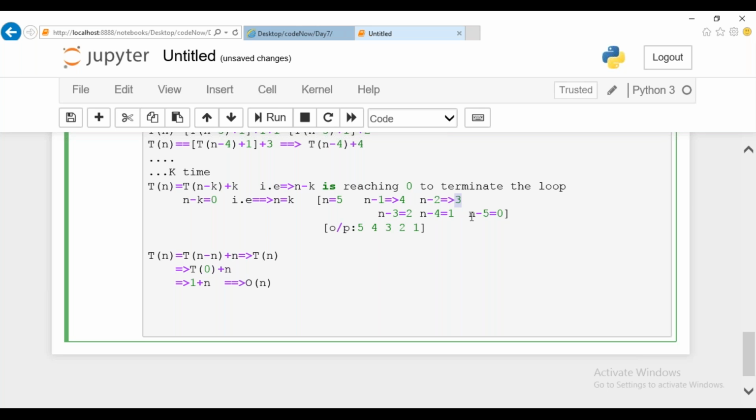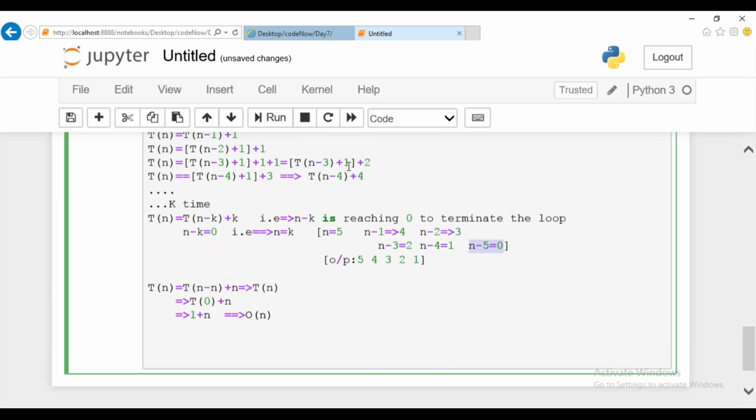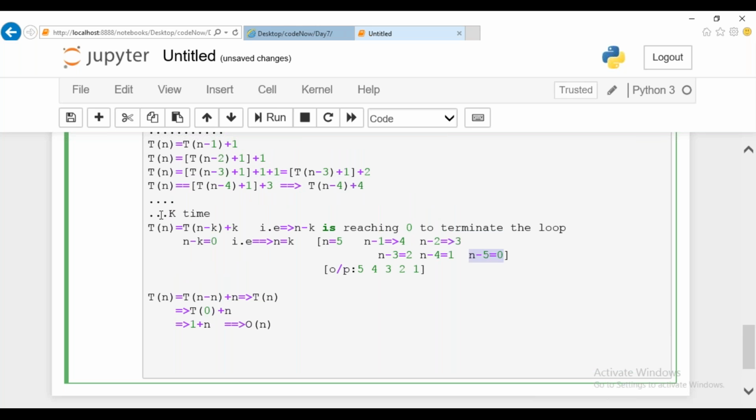At your fifth iteration, which is considered as some k value, some kth time. Since the value is small, we can find out 5 iterations. If the value to be found is larger, it can be some k iterations. Is that clear? Where n minus k is going to give you 0. This is the reason I mentioned 0. At the particular n minus kth iteration, the program will terminate. So this is the condition. Until it terminates, the condition will be n minus k. This could be the termination condition.